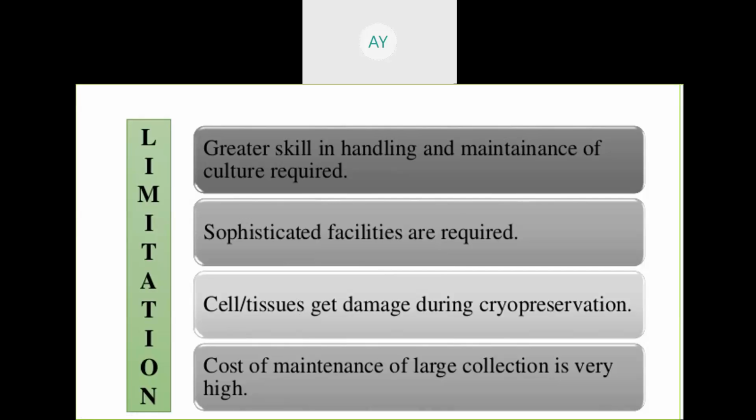Ex situ means lab condition. We are going to maintain the plant part in the lab, either DNA or pollen grain or egg or explant of stem root inside the lab at -196 degrees Celsius or 1 to 9 degrees Celsius along with chemicals। समझ में आया? और in situ मतलब in the environmental condition, means in the field condition, in the biosphere reserve। So you are going to maintain the plant, you are going to multiply the plant along with plant materials, either through the root part or the stem part or the seed part or any part, leaf part। तो कहाँ करते हैं multiply? In the field, in the biosphere reserve, in the national park, means you are not using any artificial environment। टेम्परेचर भी मेंटेन नहीं करने की जरूरत है, न रिलेटिव ह्यूमिडिटी मेंटेन। तो ये आपको समझ में आना चाहिए।